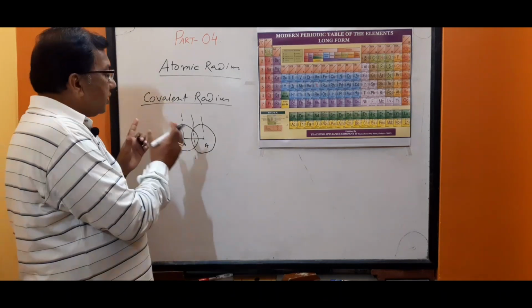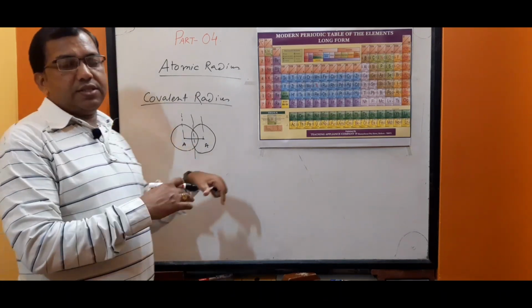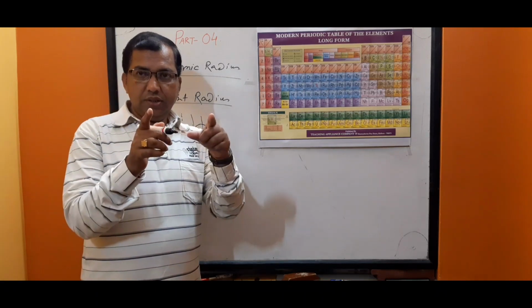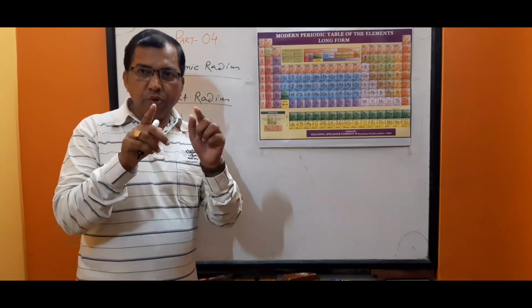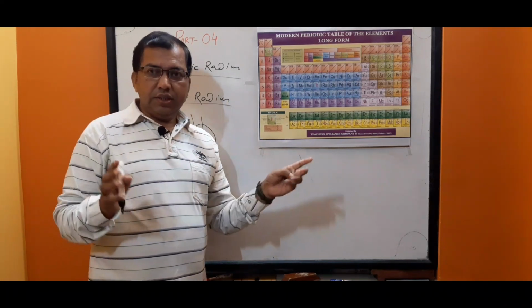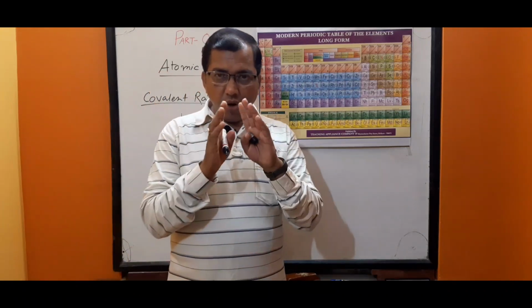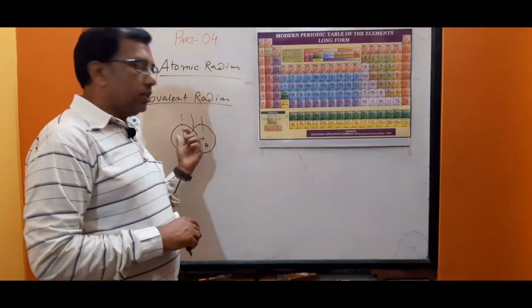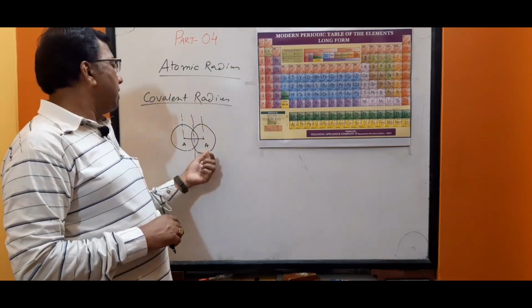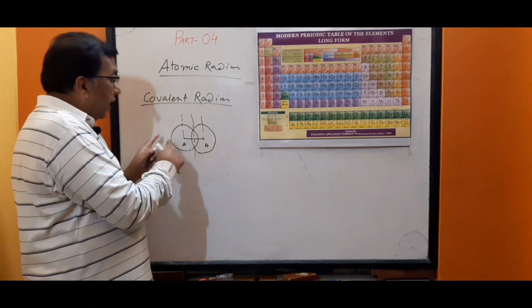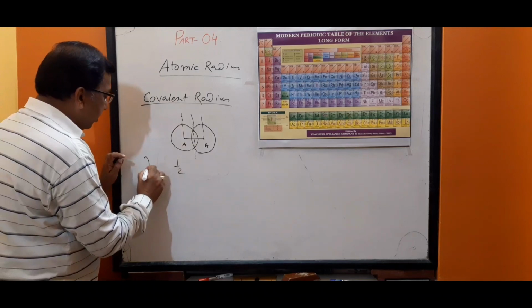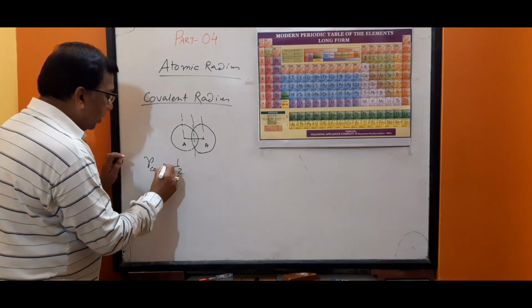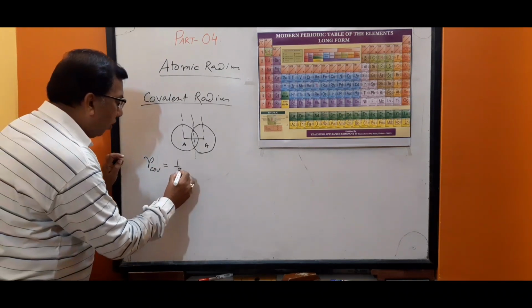What is the definition first? It is half of the distance between the centers of nuclei of two similar atoms in the bonded state. Clear? It is half of the distance between the centers of the nuclei of two similar atoms in the bonded state. Therefore, you can write the radius of the covalent bond equals half of